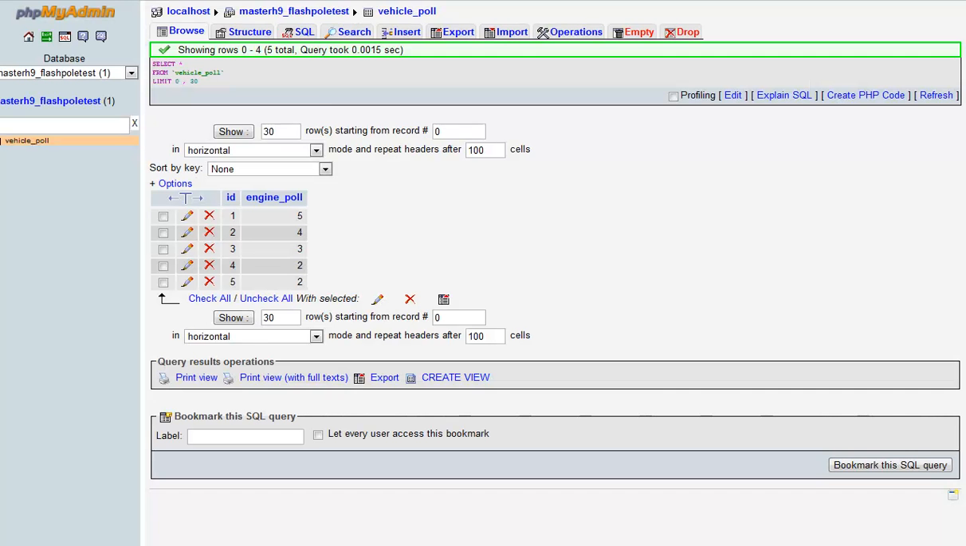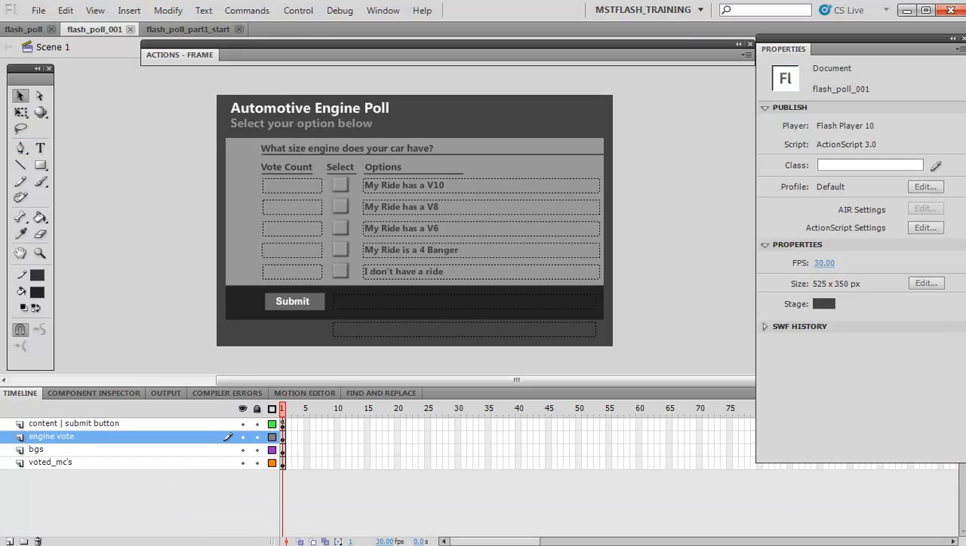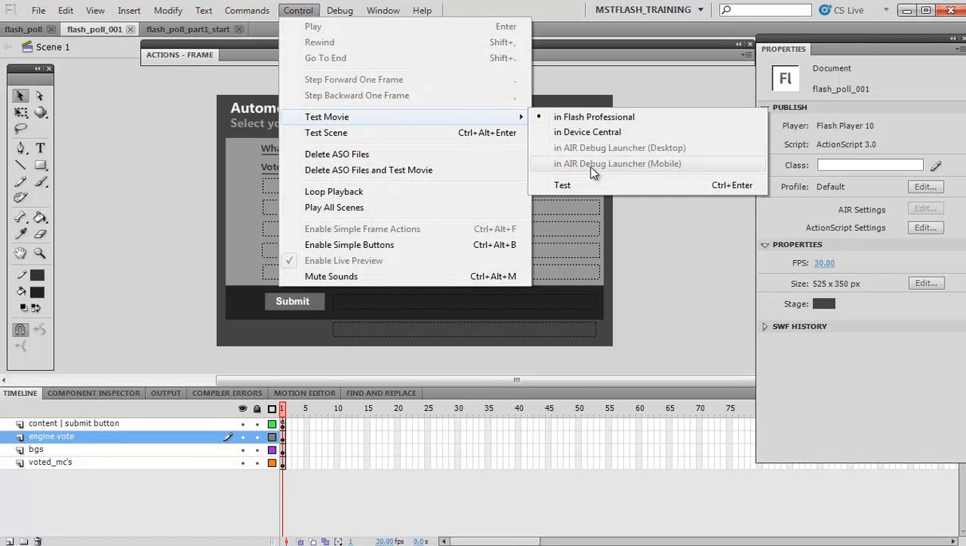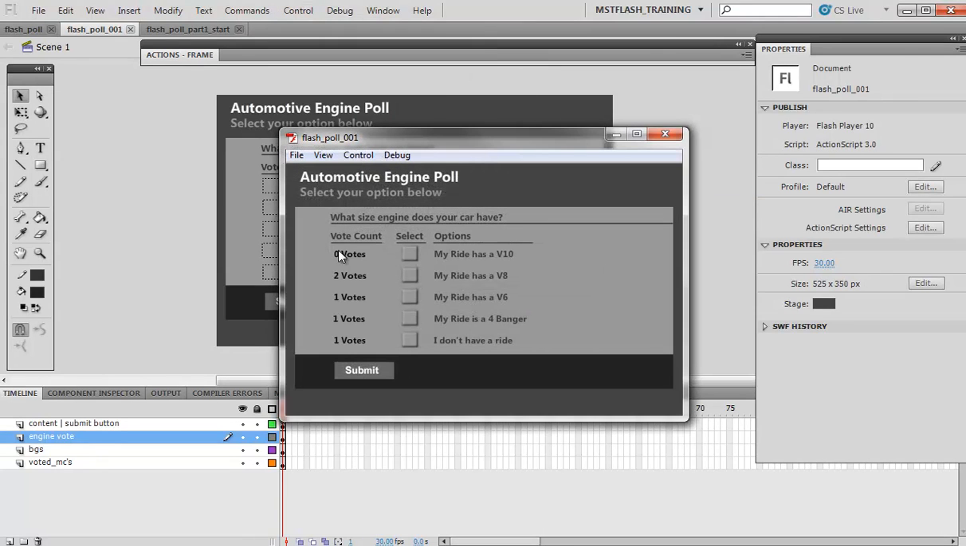All right. So looking at this, you can see that I haven't inserted 1 in here yet. And the reason is because I was just making sure that you understand what we're doing. If I hit this and hit test, you can see that there's no vote counts for this first one, number 1. But if I select this here and hit submit,